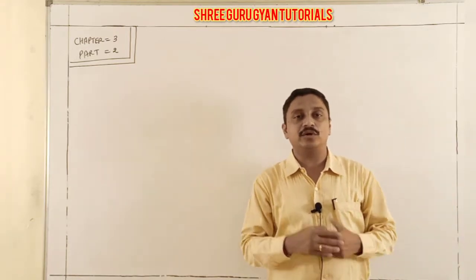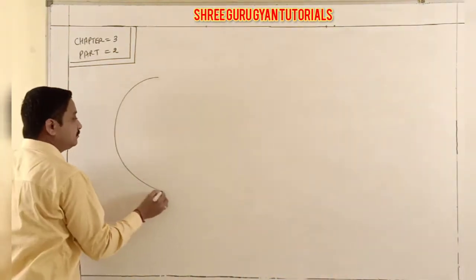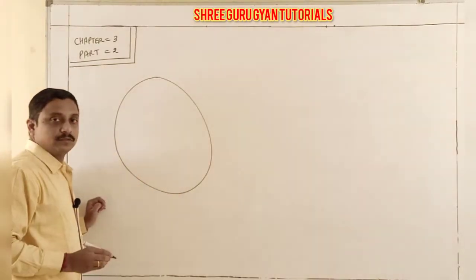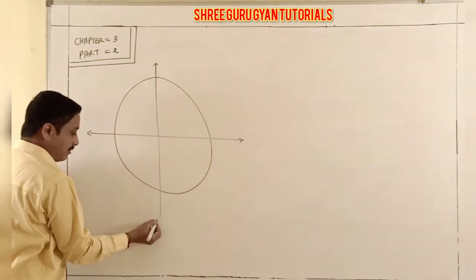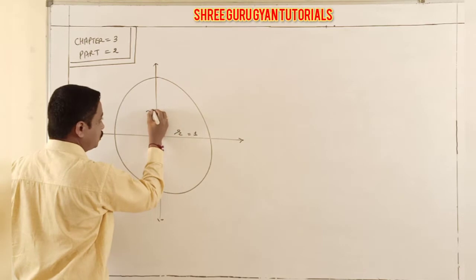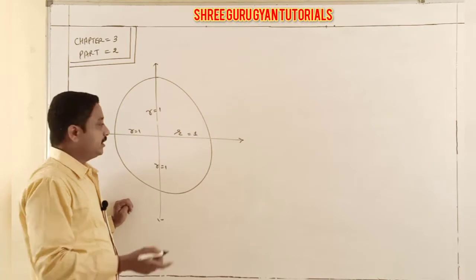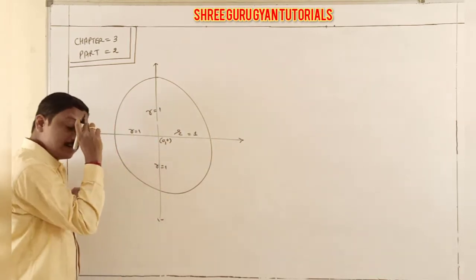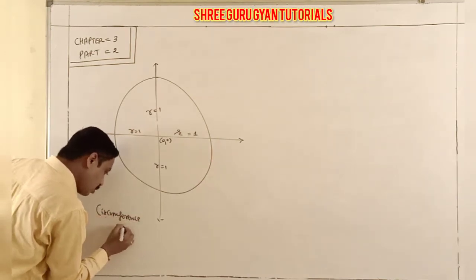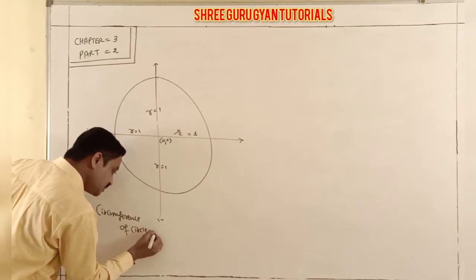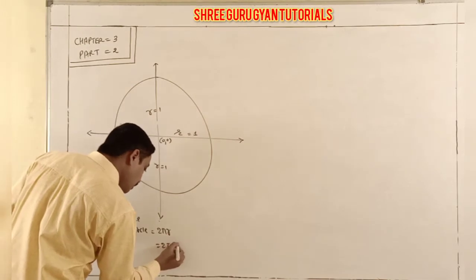Now students, today I am going to explain one more point related to our degree to radian measure. This point is known very well in a circle. What is the circumference of a circle? Yes, it is 2 pi r. Taking radius 1, a unit circle is the same. Here the center is (0, 0) and radius 1. So the circumference of the circle, which is 2 pi r, but r is 1, so it is 2 pi.